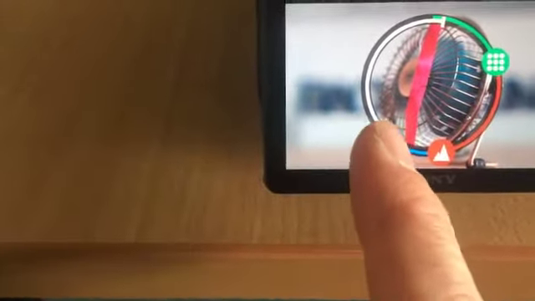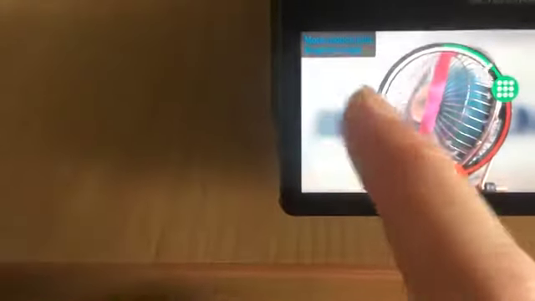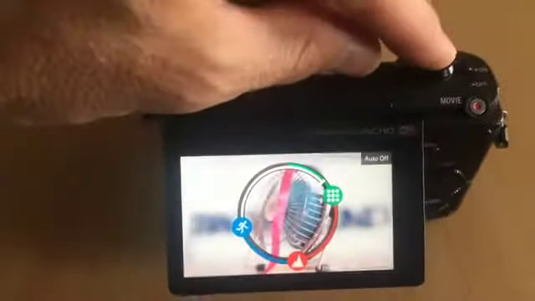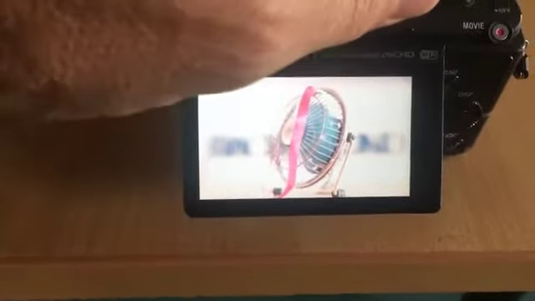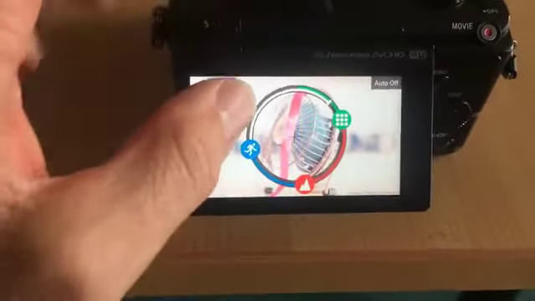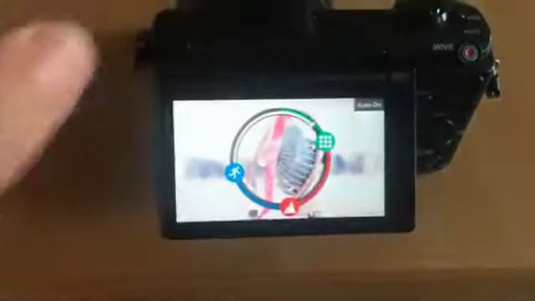Adding length to these arcs will ultimately make the circle more than complete, and then the picture is overexposed. So if we try taking a photograph there, we'll see it's brighter than we might probably want. So I'm going to just actually set it to auto, which means that it will automatically adjust to be a